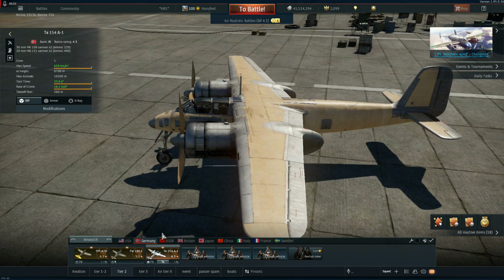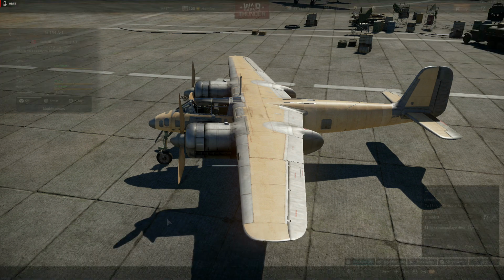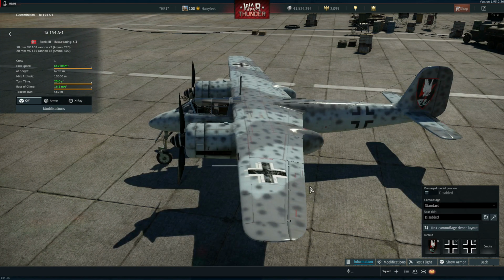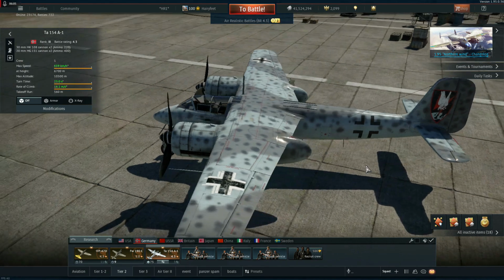Oh, I need to change the skin though. See, I got me a skin in the GER store. It's called the Invisible Airplane. I think it's pretty. You get to see all that wood. Yeah, this skin's not too bad either. I'm not a big fan of the spots though. The